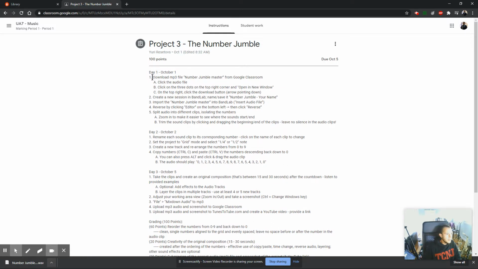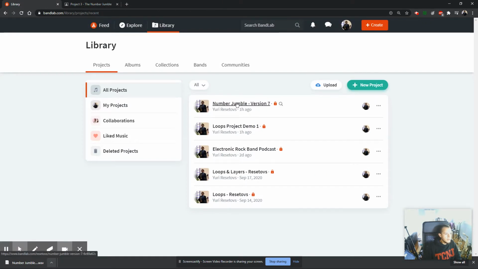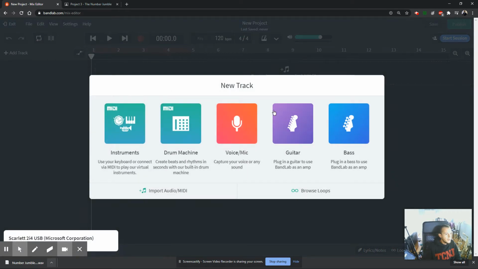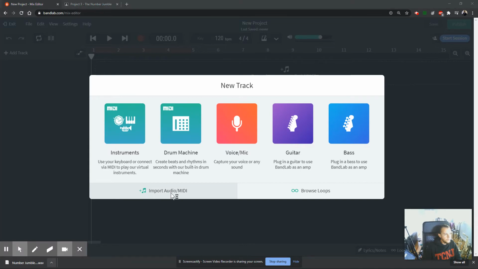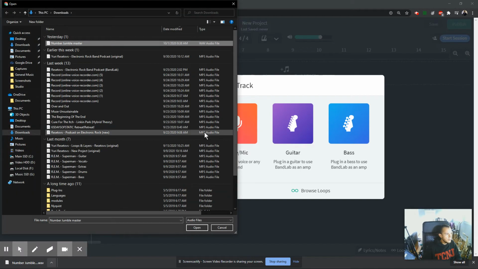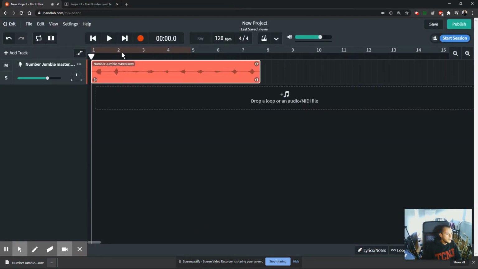So you're going to download the MP3 file, which we just did, and they give you the directions on how to do that. You're going to create a new session, a new project in BandLab. Mine is already open. You can see I have a finished product here, but I will create a new one just to show you what I'm doing. In this case, since we downloaded an audio file, we're going to import an audio file where you can just click import audio right over here in the bottom left. It will open your downloads and you'll find your number jumble master, hard to say. Open, and it will import this file. If you play it,